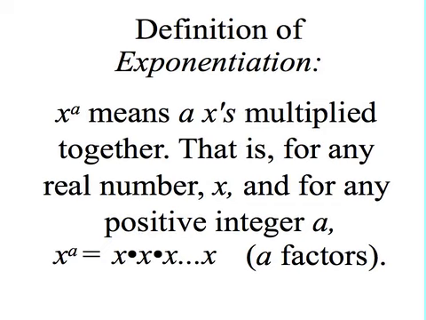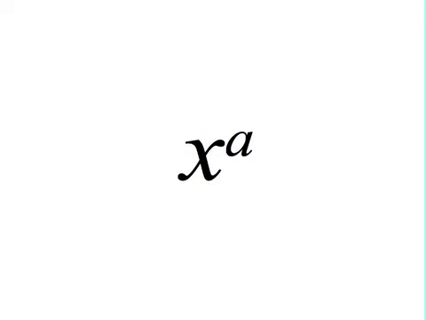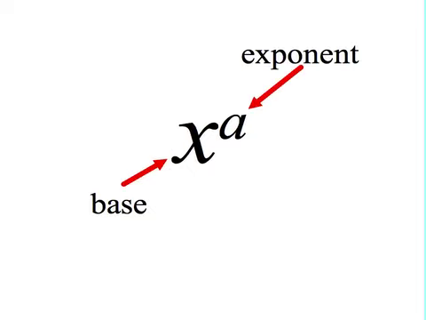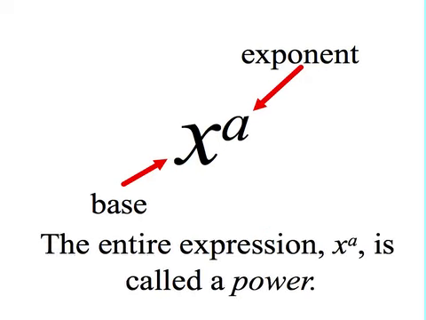Here's the definition of exponentiation. X to the a power means a x's multiplied together. That is, for any real number x and for any positive integer a, x to the a power is x times itself a times. And here we look at x to the a power. The x is called the base, and the a is called the exponent, and the entire expression is called a